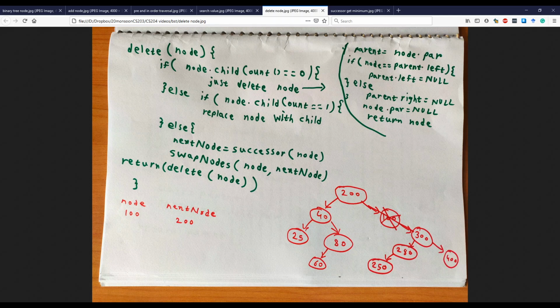Okay, so what does it mean to delete the node? We wrote for delete node, if you notice here in the right corner, but we did not write the detailed logic for replace node with child. We did not write detailed logic for swap nodes. Okay, and that's where we made the mistakes, right? And we missed an important line here, that if the node that we want to delete is a root node, then we should change the root pointer. Okay, so this is what happens when we don't work out the details in our pseudocode.